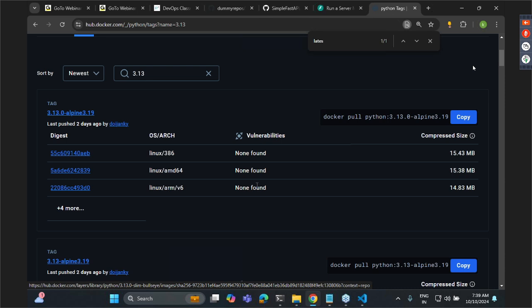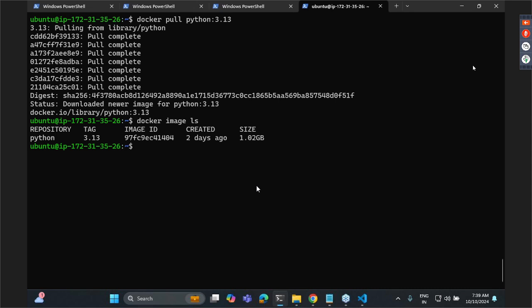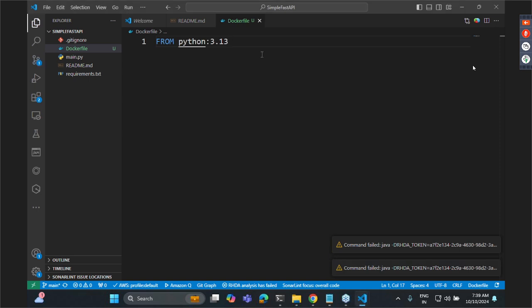There are two reasons for this. One is that it is very slim, it will not have anything harmful. And the second is that not many tools are able to find security issues in Alpine, especially these free tools, because it has very, very few vulnerabilities. That's the basic reason. Okay, right. Fine then. So let me go over here and start writing LABEL author equals